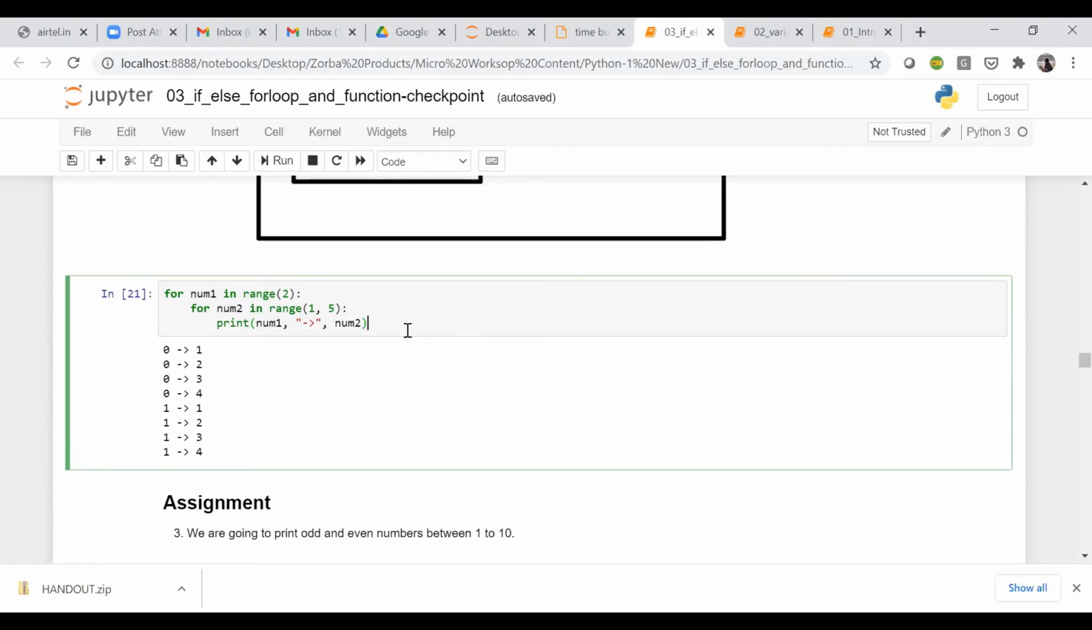So first of all, it checks the num1 in range 2, which means 0 and 1. There are two numbers that it is going to give. So first is 0, right? If you use this num1 in range 2,